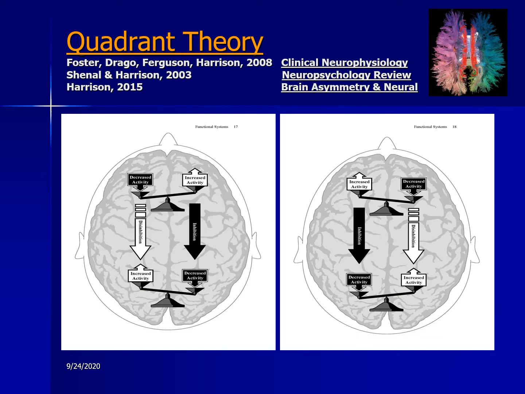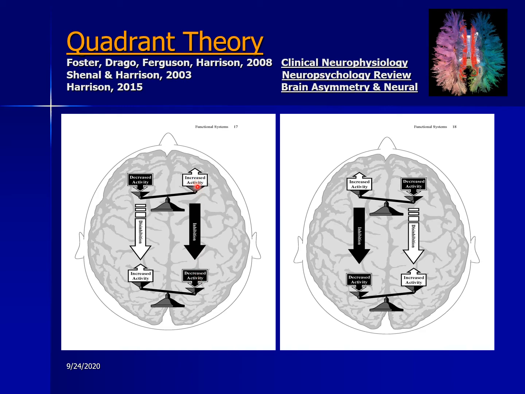Now, again, we have two major types of theories. We have right hemisphere theory of emotion, and then we have balance theories, where we consider the contributions of both brains. What we attempted to do in our quadrant theory here at Virginia Tech was to put those theories together. Almost all of the research on balance theory has been on the frontal lobe. And on right hemisphere theory, it's almost all been on this cable here, the longitudinal tract. Again, there are many different connectors, but collectively they form the longitudinal tract where the frontal lobe can regulate what's going on in the back of the brain.